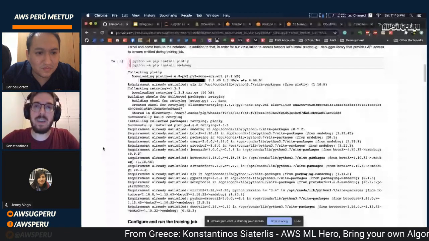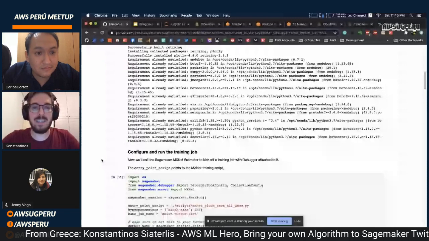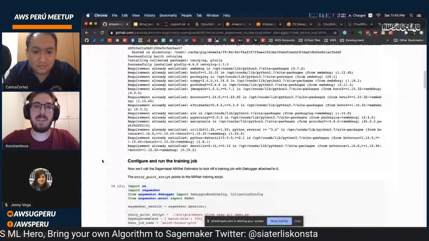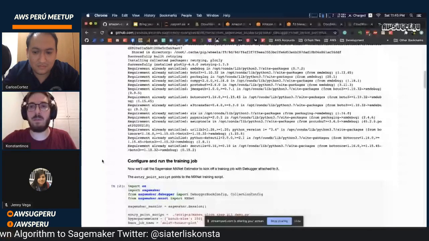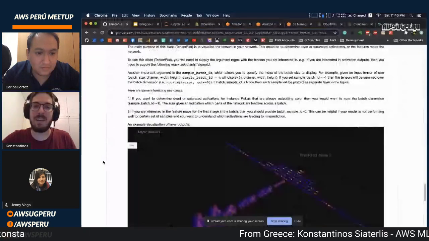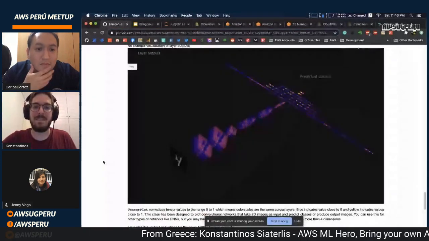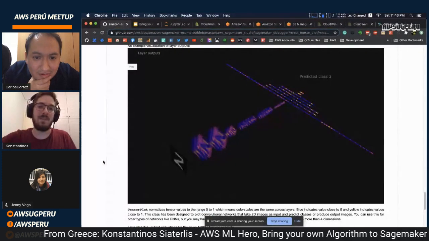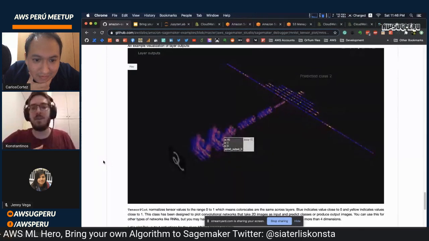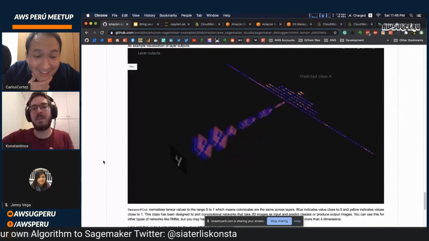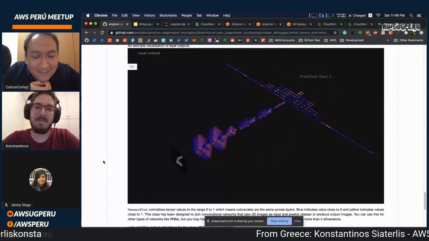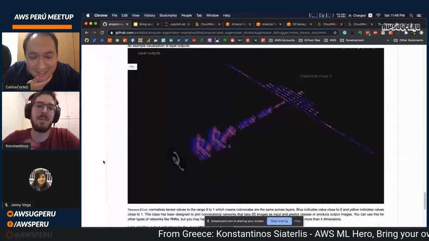What you can actually do, or how far you can go with the debugger. We all know the digit dataset, the handwritten digits. A guy here on the AWS examples actually set up the debugger to get everything from the model, and he can create something like this. This is actually real time. He was getting that in real time: how the model uses all the filters, what the weights are, what neurons are fired, and what the predicted class is. This is how much detail the debugger can give.